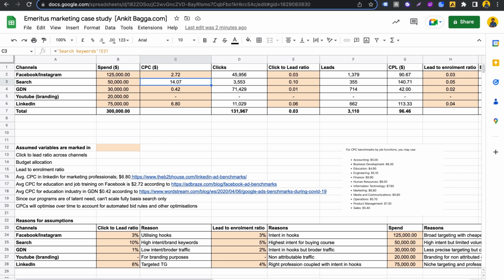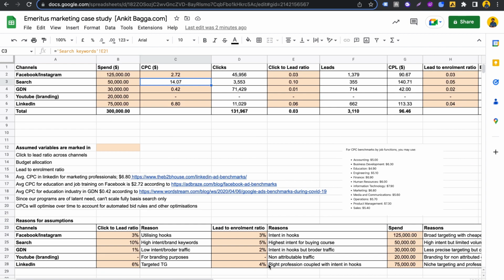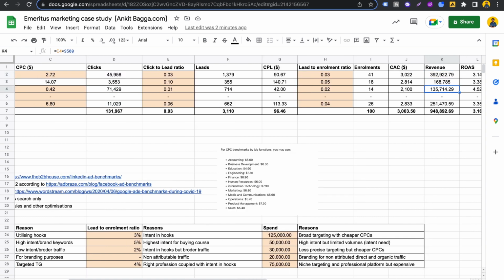If you see 14.07, this is coming from 14.07 here. As in when you include more keywords, this will change, but for the sake of assumption, I've done this. So basically what it does is through spends and CPC, you'll get how many clicks you get. Then you get click to lead ratio by finding out how many leads. You assume the click to lead ratio and get the number of leads that you will get. You find the CPL, lead to enrollment ratio. Through these assumptions, you'll get the enrollments, the CAC that you will get,